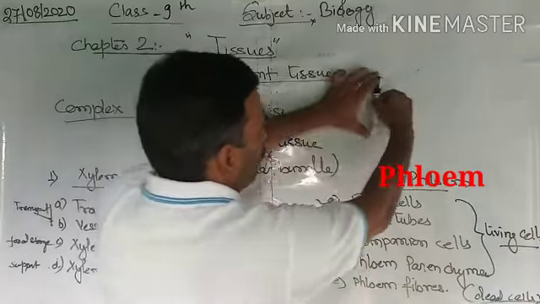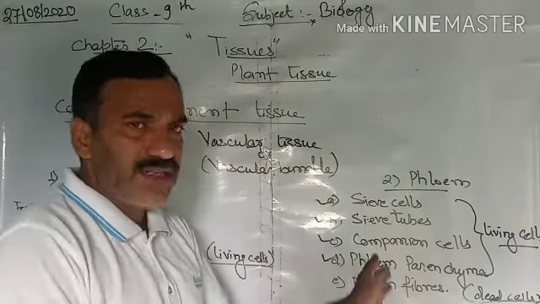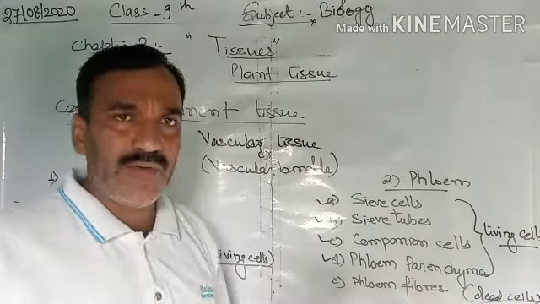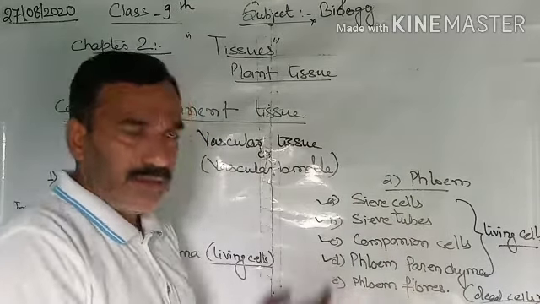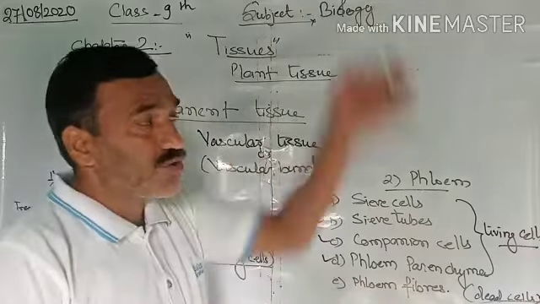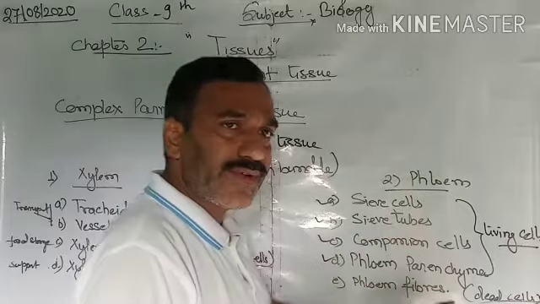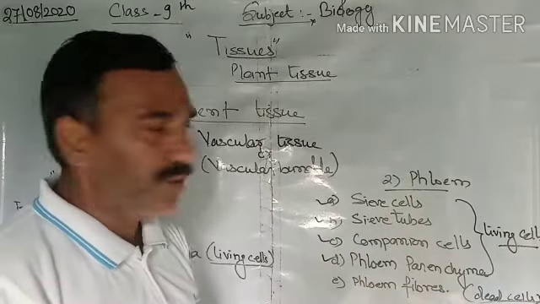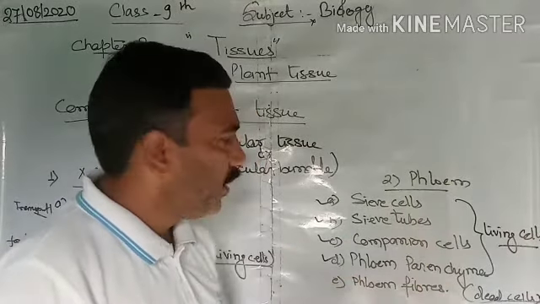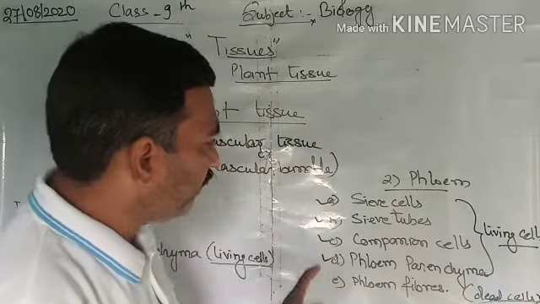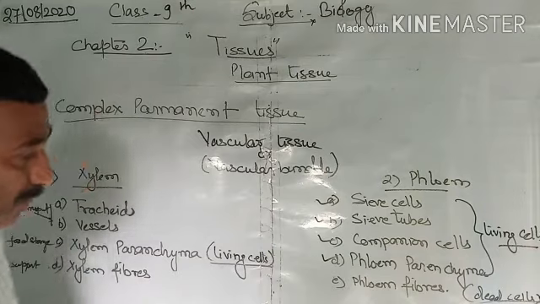Suppose this is a tube-like structure. They have lateral perforations which lead the substances to be distributed sidewise. They also have longitudinal perforations between two cells to form a continuous tube-like structure which leads to the transportation of substances from the leaves, and that is nothing but the cooked food. So we will not say substances, but the cooked food, from the leaves to different parts of the plant body.